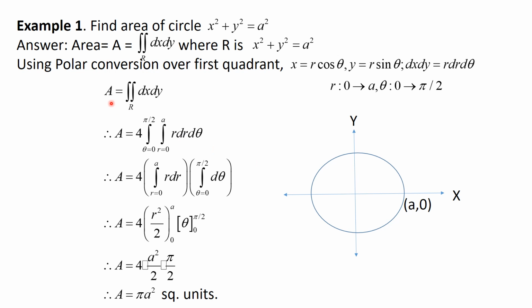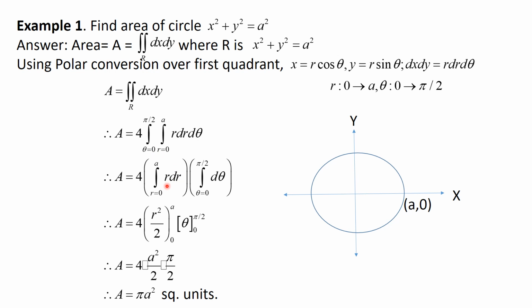So look at the term, area is the double integral dx dy using polar conversion. So dx dy is r dr d theta. For the first quadrant, r varies from 0 to a, which is the maximum radius possible. So r equal to 0 to a, and the first quadrant gives the angle changing from 0 to pi by 2. So the limit for theta is theta equal to 0 to pi by 2. This 4 occurs due to considering multiplication over the whole region, that is 4 multiplied by the area of the curve in the first quadrant.